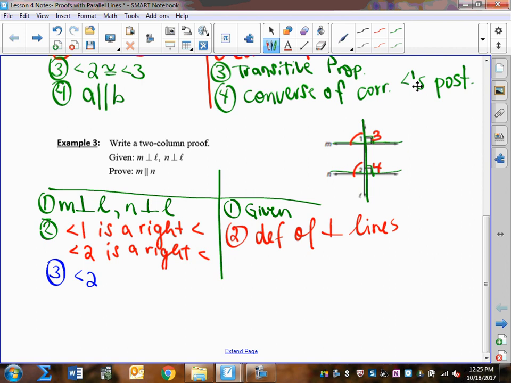Oh, instead of doing the definition at right angles, right angles are equal to right angles. Oh, I'm not talking about